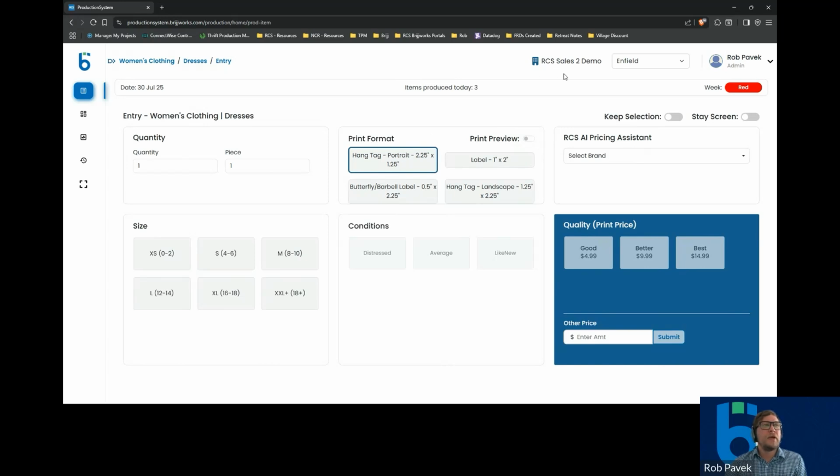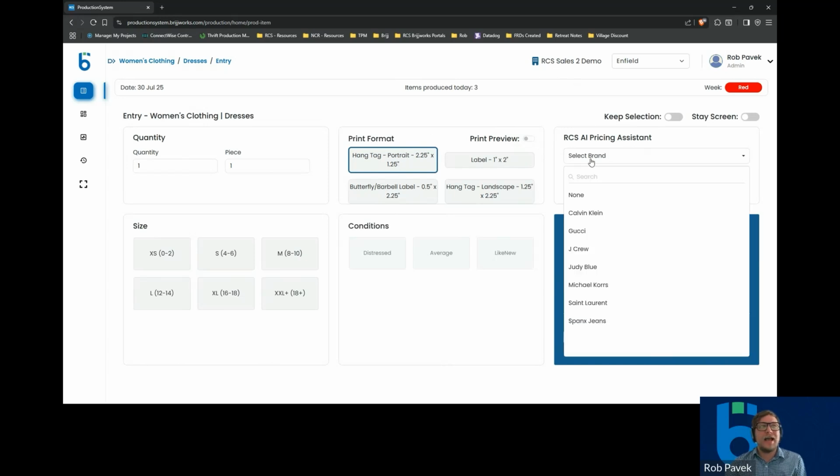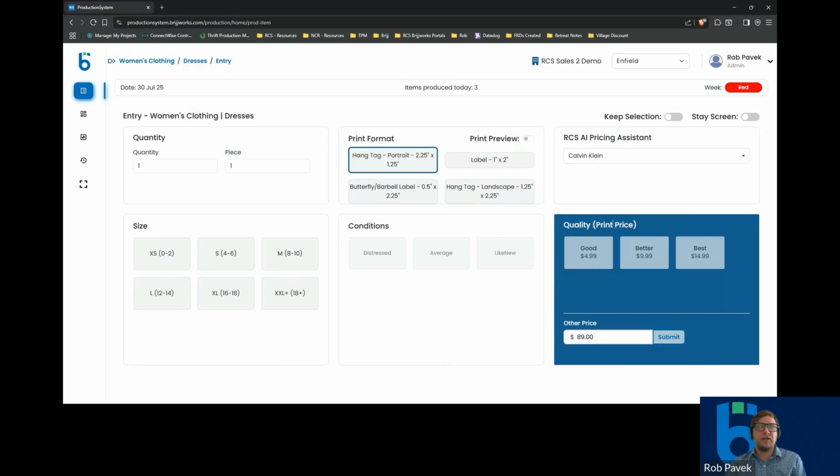think about it. We have an RCS AI brand assistant. So say this women's dress is coming from Calvin Klein. As you can see here, based on the AI price, a women's dress would normally go for around $89. That can either be submitted by the producer or changed to a price that better fits their location and